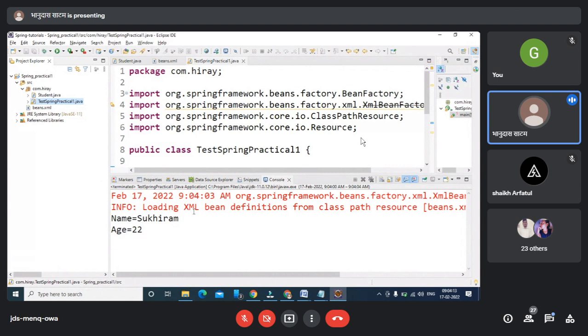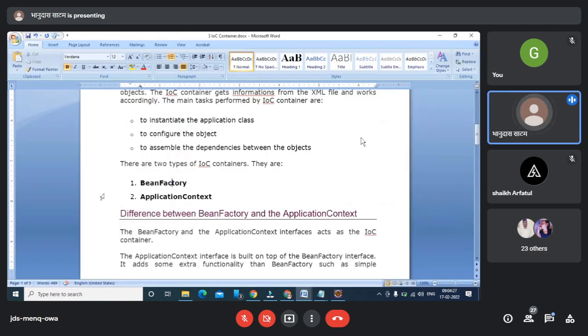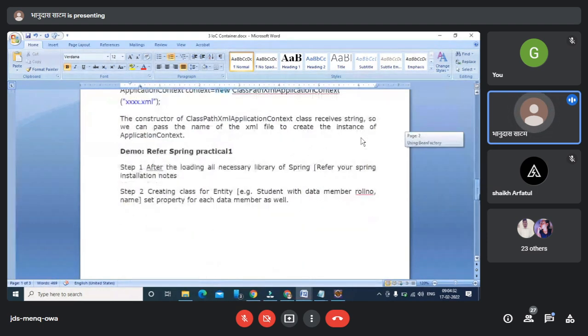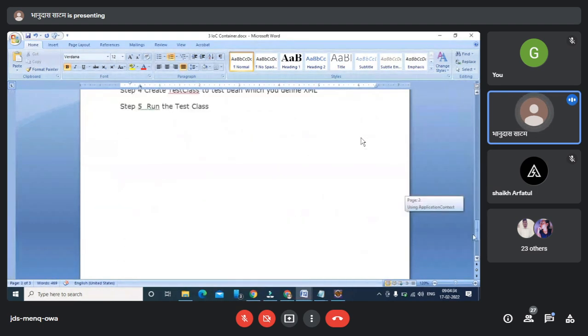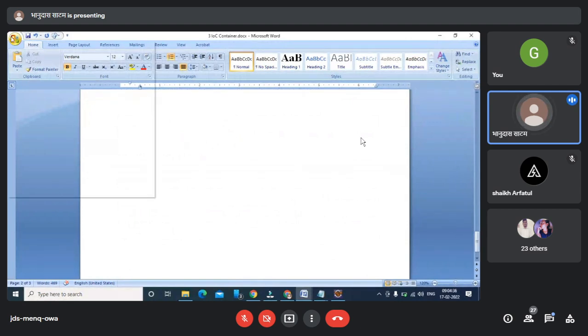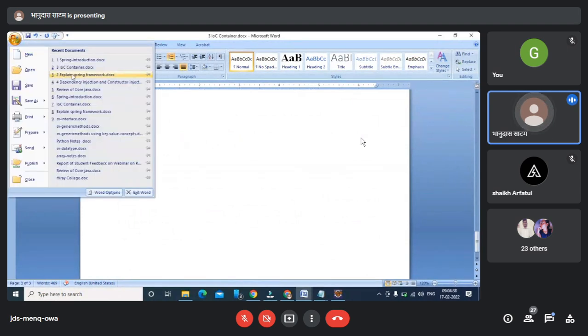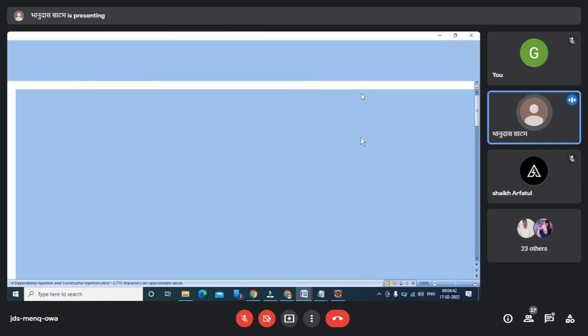You are supposed to do this practical from Tuesday onwards, and we are going to add 4 more practicals where we cover map, set and all other stuff. These are the practicals we are going to do using dependency injection and constructor injection.